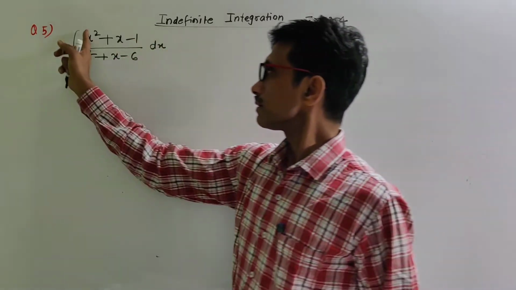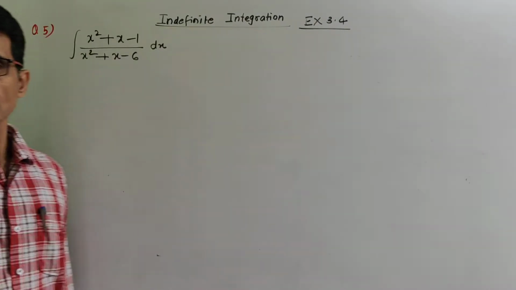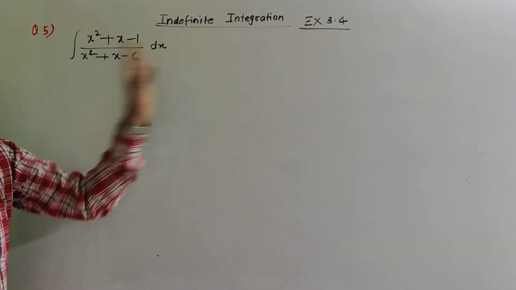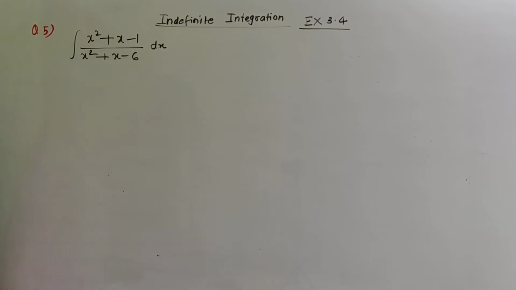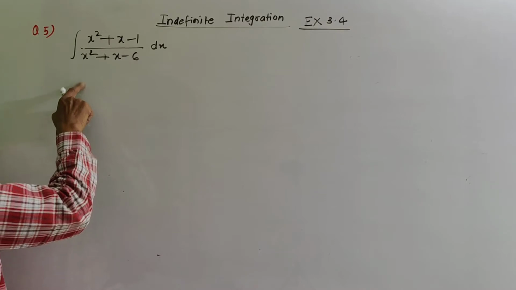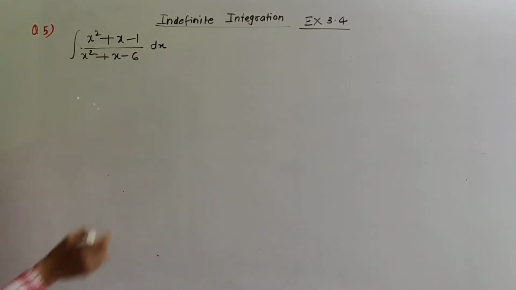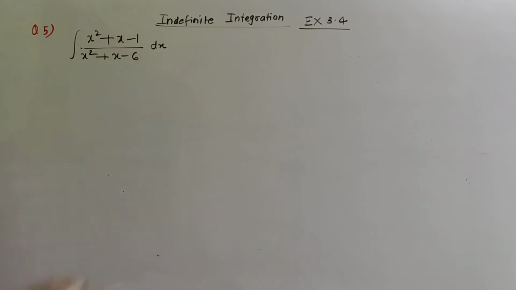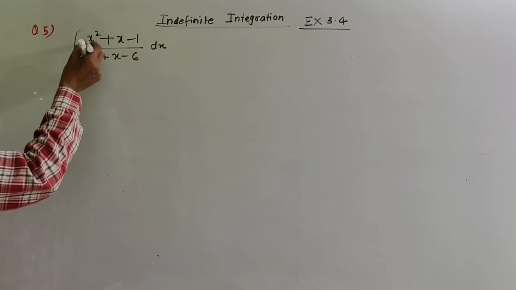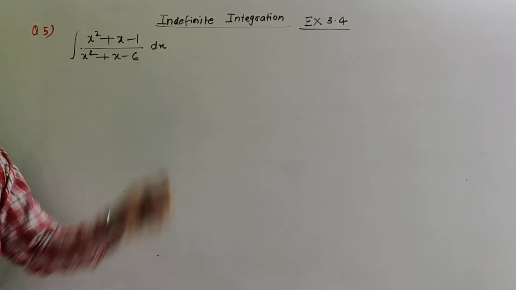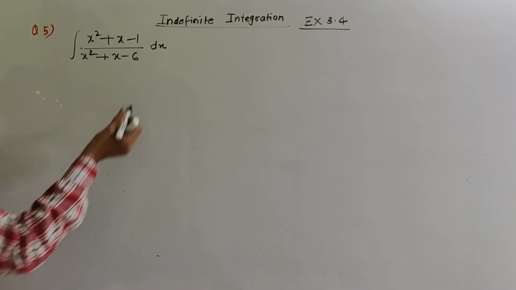So here this f(x) we either divide by g(x) and express it as a proper rational function. But here there is no need to divide, just simple adjustment करना है आपको constant की. So how can we write this? See, x square plus x is there, minus 1, and here it is minus 6. So we can express it as